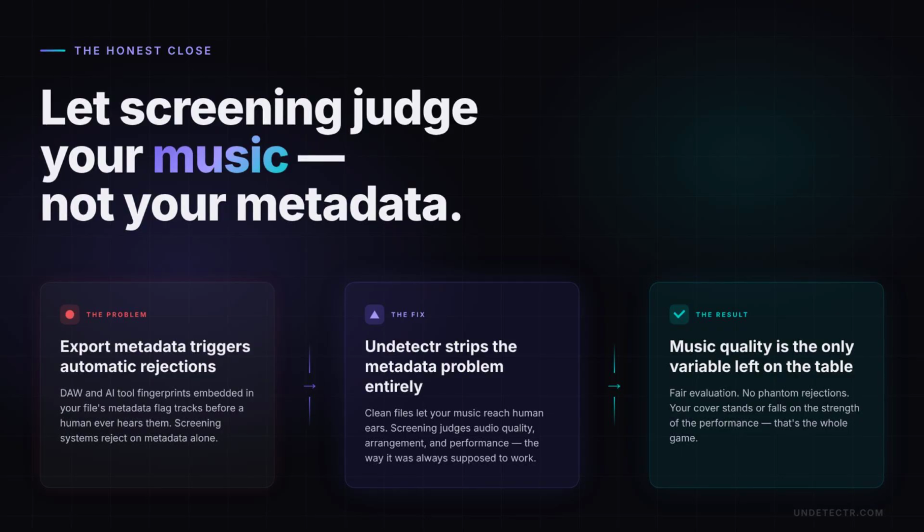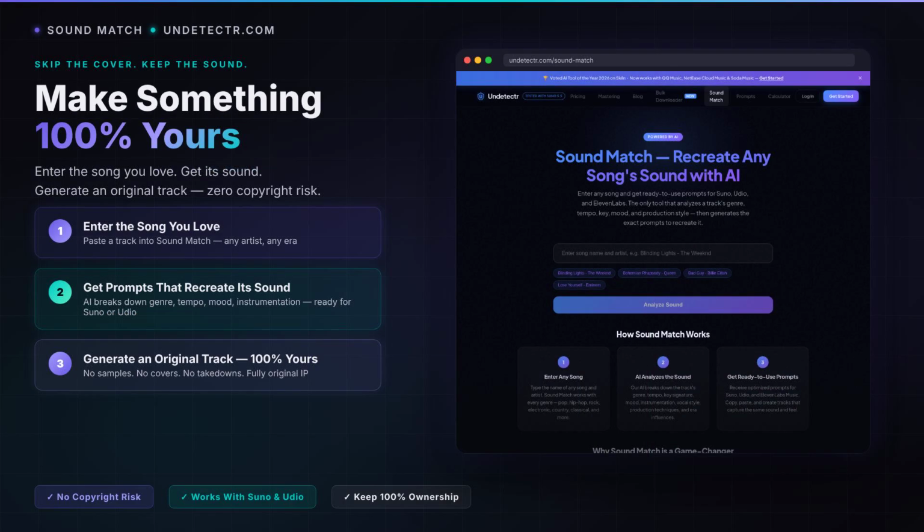That's the whole game. And if what you really wanted was the sound, skip the cover entirely. Put the song into sound match, get prompts that recreate that sound in Suno or Udio, and make something original that's all yours. Way cleaner, way smarter.